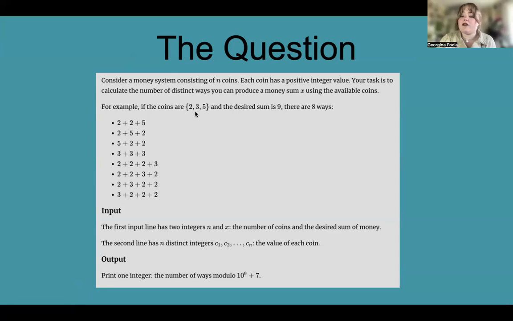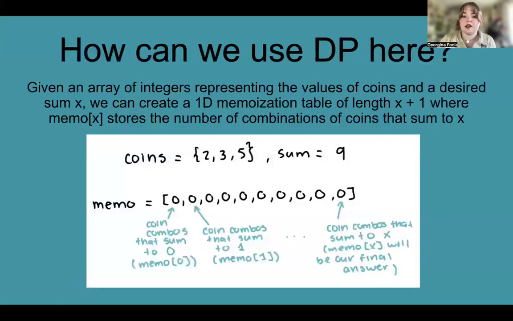So we're given an array of coins and a desired sum, and we have to find how many permutations of these coins sum to our desired sum, in this scenario 9. First we have to understand how we can approach this problem using dynamic programming. Given an array of integers representing the values of coins and a desired sum x, we can create a 1D memoization table of size x plus 1, where memo of x stores the number of combinations of coins that